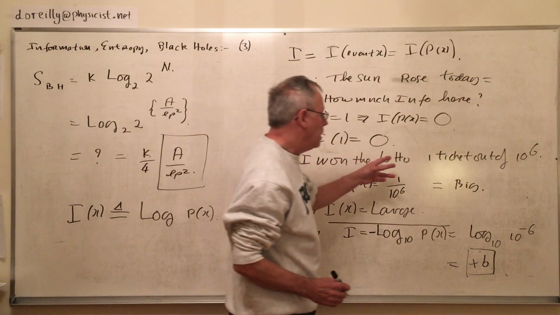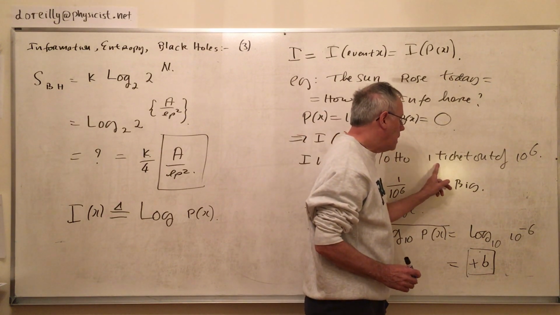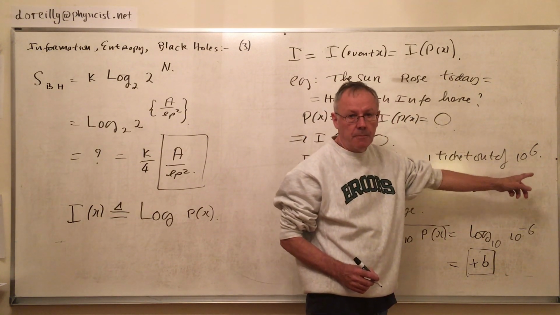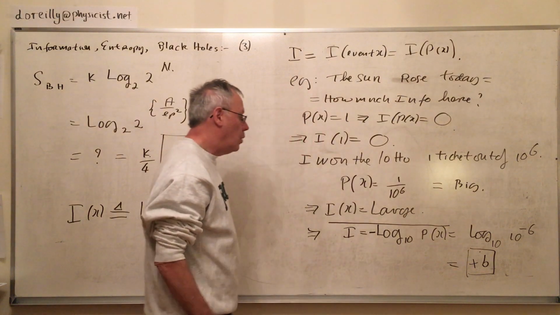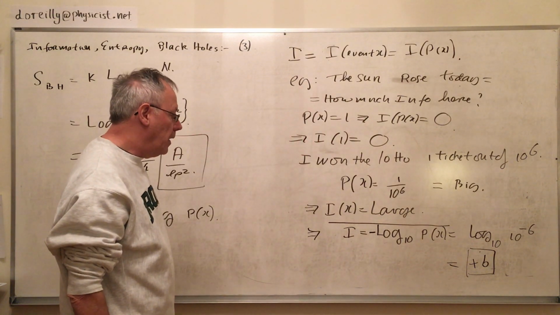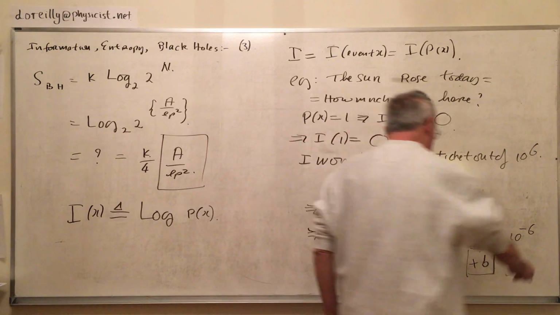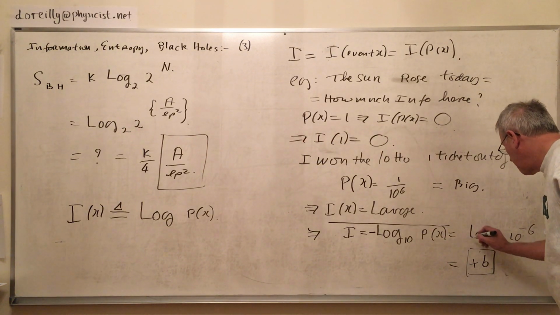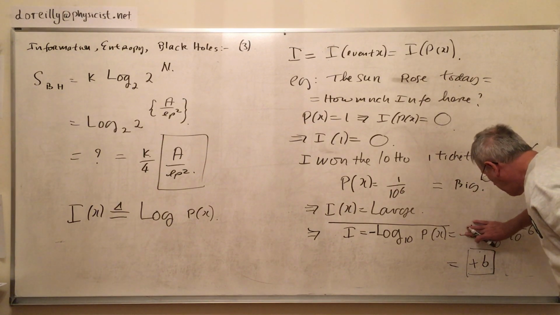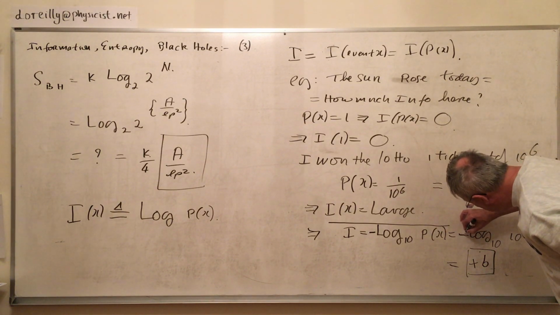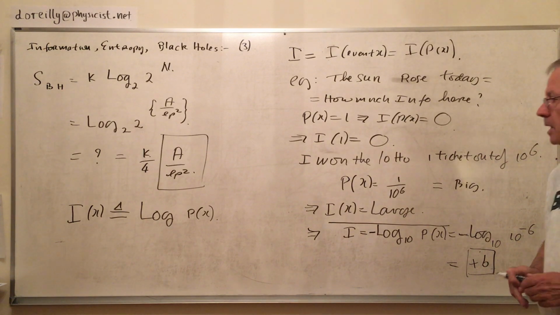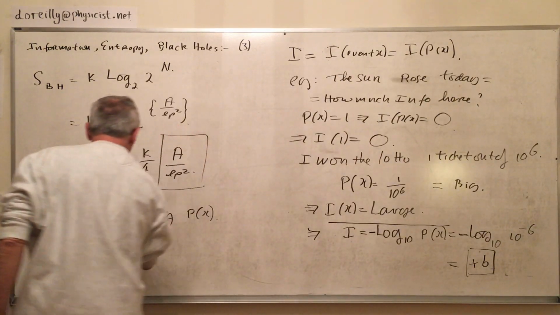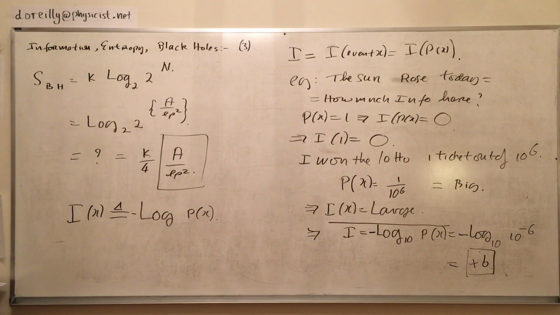I won the lotto ticket. 1 ticket I bought out of 10 to the power of 6 tickets. My probability of winning was 1/1,000,000th. And the log of 1/1,000,000th is 10 to the power of 6 once I have a negative sign in there. So we have to have a negative sign. I misdefined the information. Okay, the next thing is entropy. So the information is defined to be the negative log of the probability of the event. Okay, so we'll get rid of this now and look at,